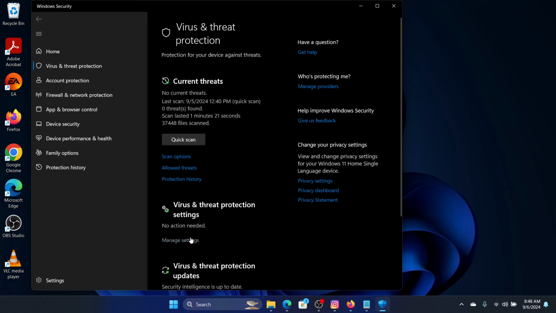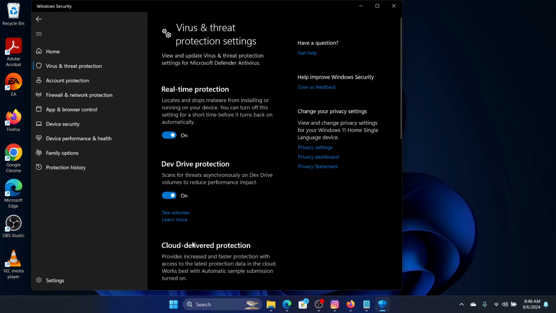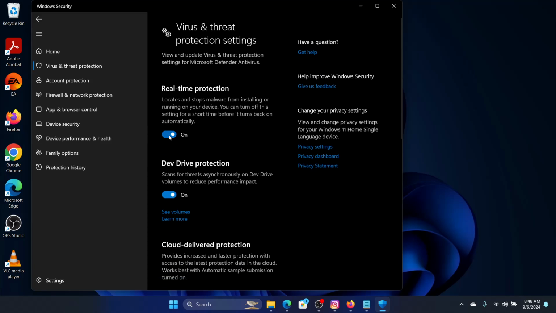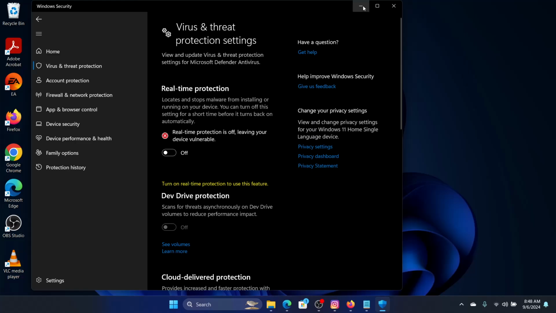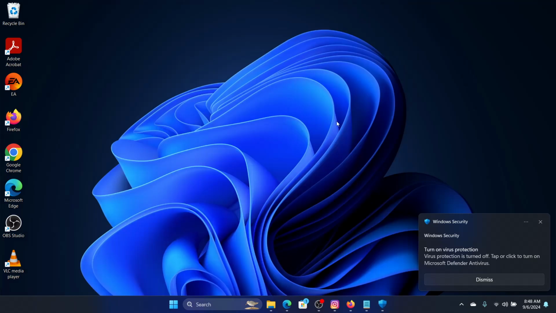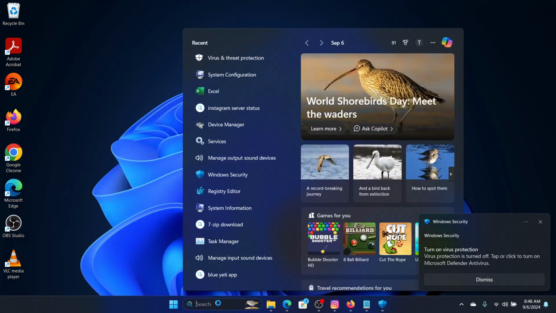Now if you have a third party antivirus and anti-malware like Norton, Kaspersky or McAfee, then you need to disable the antivirus settings in that third party software. And then if you're using a stock antivirus and anti-malware protection from Windows like me, then you need to click on manage settings, click on switch off real-time protection, and then you need to update the drivers for the trouble causing